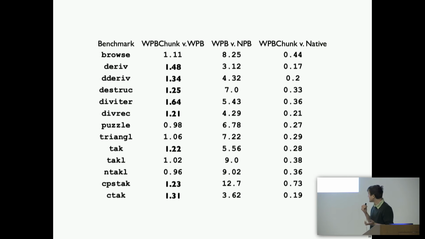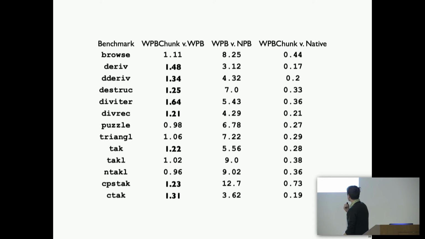And yeah, we do see some performance gains from doing this chunking. If I direct your attention to the leftmost column here, we see speedups of almost 1.65 times in the best case between Wasm on PB with chunking and Wasm on PB without chunking, which is respectable. I'm going to ignore the middle column for now and direct your attention to the rightmost column, which is just PB on top of Wasm with chunking enabled as compared to just native Racket on x86. And surprisingly, we don't do that poorly.